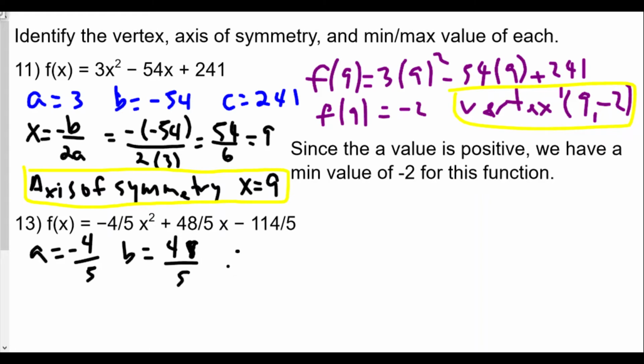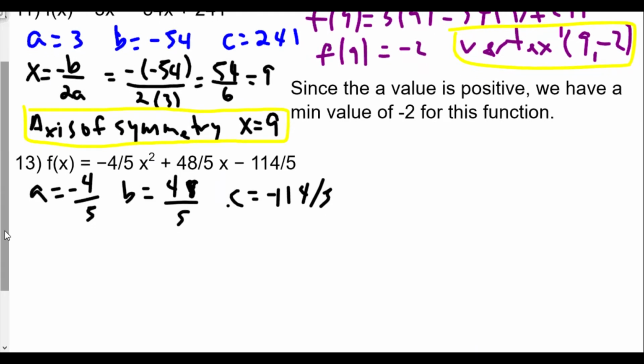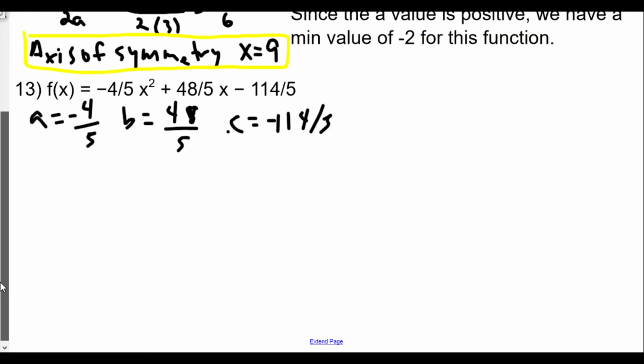And our c value is -114/5. Okay, I'm going to bring this up a little bit here because I need a little space. We're doing the same thing, the same exact work though. So we're going to use our axis of symmetry,